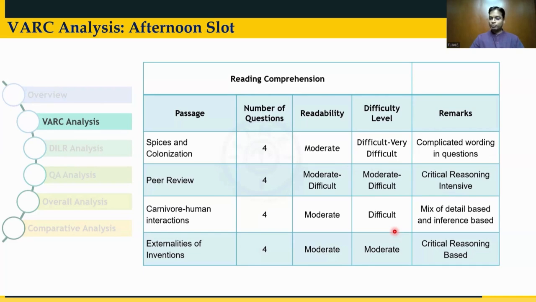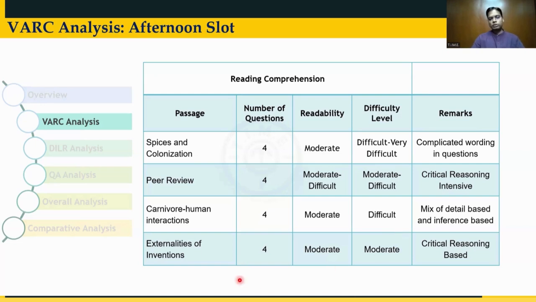Then the other difficulty level was that there were several questions where at least two choices could have been said to be close. They could have eaten up your time while you keep pondering over which one is really better. Even though you eliminated two choices, those two choices left would have eaten up your time if you hadn't been decisive. Now, that is something that would have set apart those who do very well versus those who end up spoiling their strategy or their time management because of brooding over some close choices. Now, that is what sets apart the ones who perform.